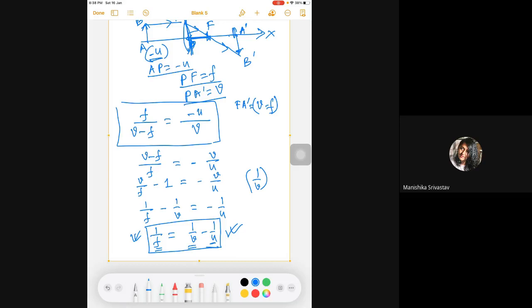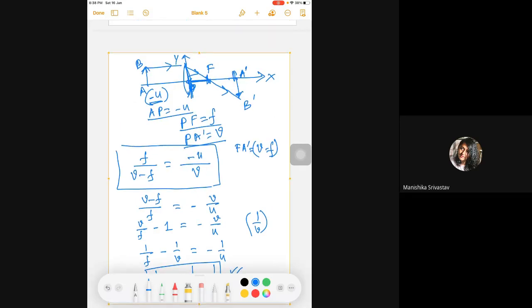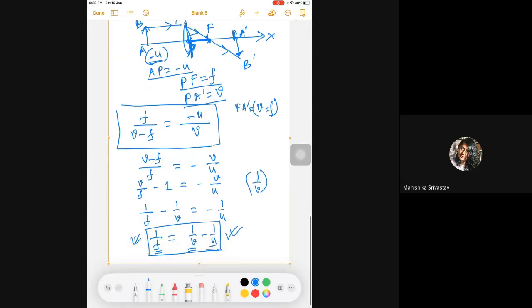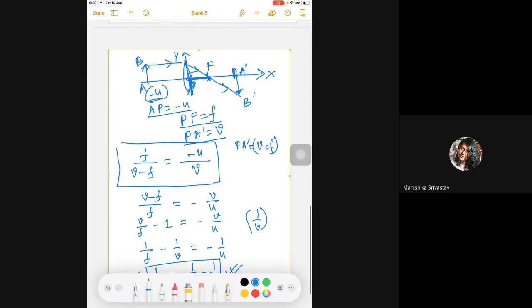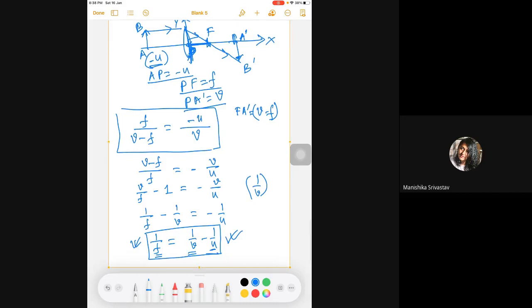And this is the famous formula. Now you can do a lot of numericals, a lot of things using this formula, and remember this convention. Sometimes they'll put the light from this side or that side, but I took time to derive it just to explain and show you, because this derivation is in the book or everywhere. I need not explain, but I tell you just for the convention, the concept and understanding, how we are doing and what we are doing, and why we are choosing the axis on the pole. So this is P, on the pole we are choosing. For your syllabus, for your purpose, this is good enough.